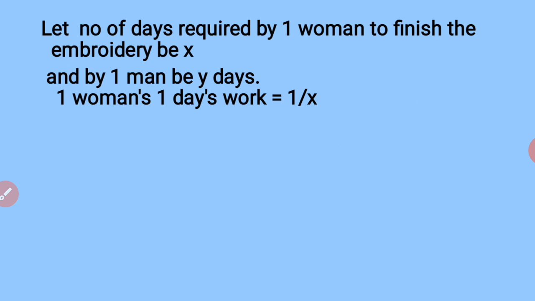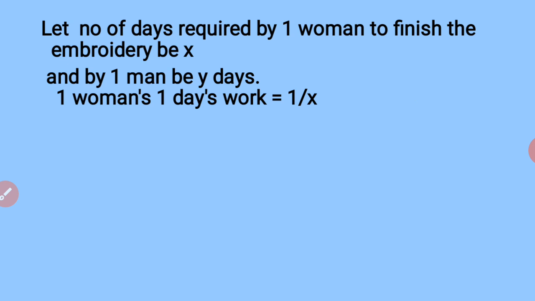Let me explain it further. Now consider yourself to be drawing a sketch, and you take 4 days to finish the sketch. You alone are working. You are completing that entire sketch in 4 days. Now in one day, how much work must you have done? Obviously, 1/4 of it, 1/4, 1/4, 1/4, and 1/4. Complete 4 days you make the entire work complete. So we have taken 4 days. The same concept is used here.